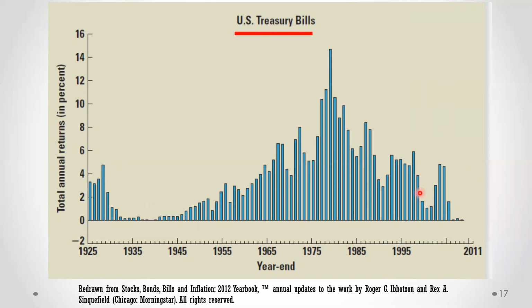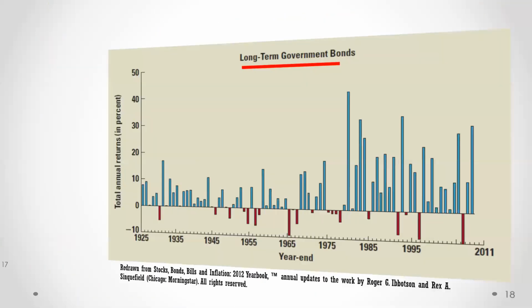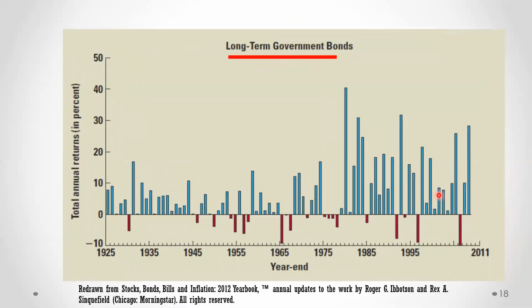This is for the US Treasury bill. And this is the long-term government bond. In the previous slide, it's the short term, or in other words, less than 1 year, can be 3 months. But long-term government bond, as you can see,